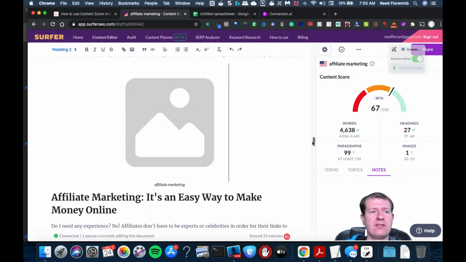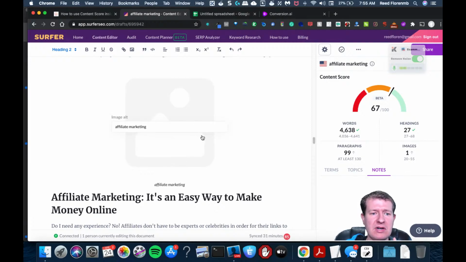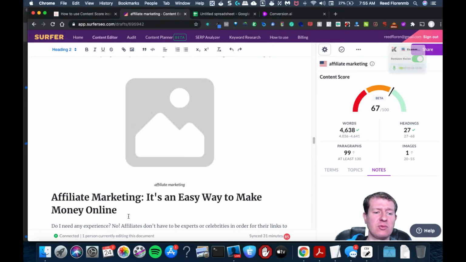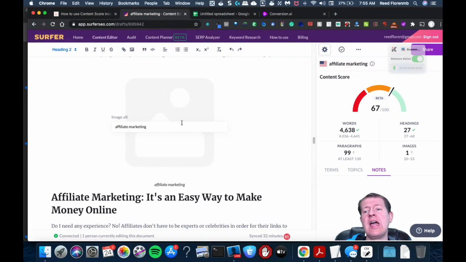You do these as like heading 2 tags inside the content editor of Surfer SEO. You add maybe a relevant image with the alt tag, possibly the actual full question might be your alt tag, and you do that for each one of these,